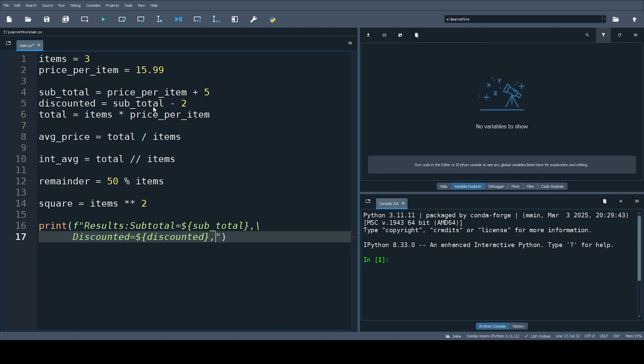So now let's say total equals total, and break it again. Average price, and let's type a comma. Average price is equal to average price, and don't forget the dollar symbol, and